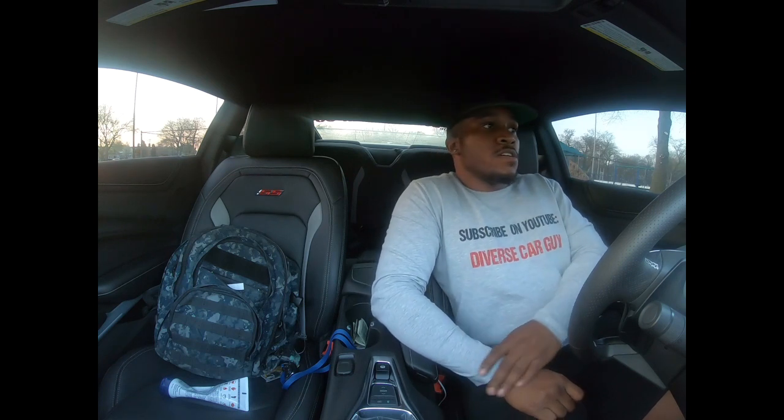That was a truly eye-opening experience. The only reason I got this Camaro now, I did not get this car to look cool, brag, or boast. I got it just to prove to myself that I can do whatever I put my mind to. And now I can use this car to motivate, encourage, and inspire people that, hey, man, if you want your dream car,